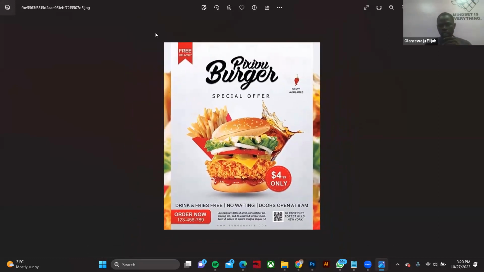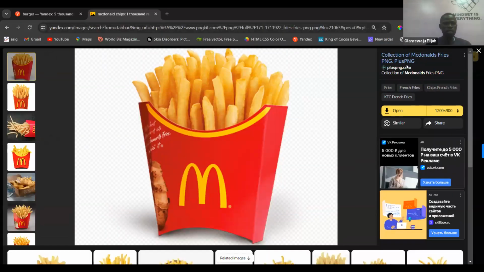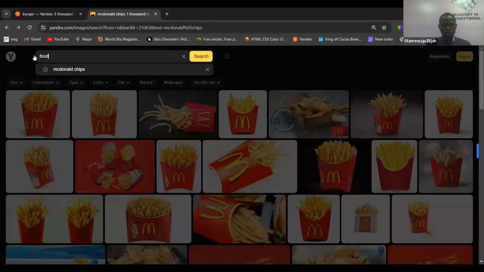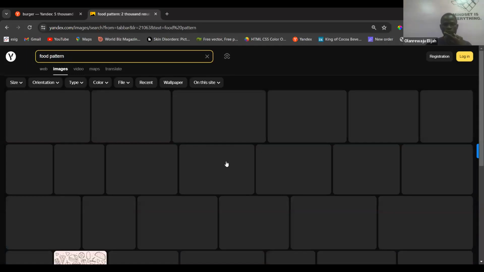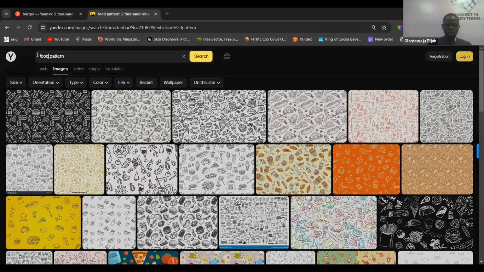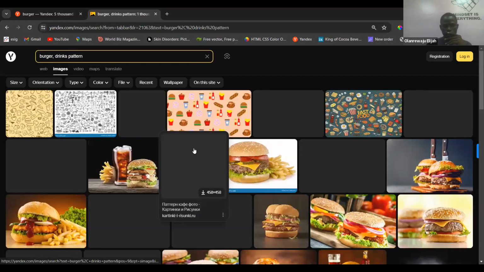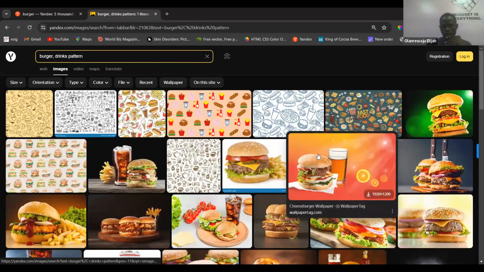Let's search for food pattern on Google. Let's use the same resources, food pattern, right? Then we pick the best one that we like. Or maybe burger mix pattern. Let's see if we are going to get something that is okay.